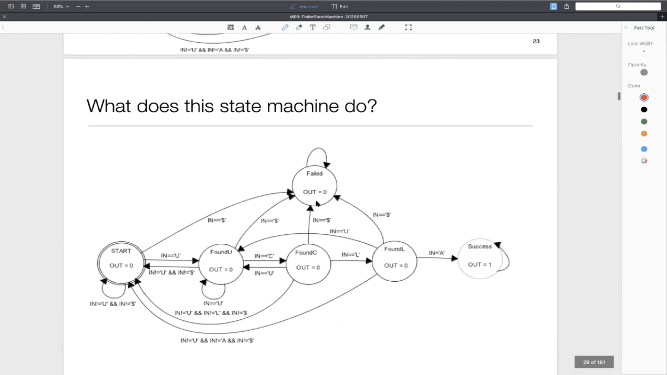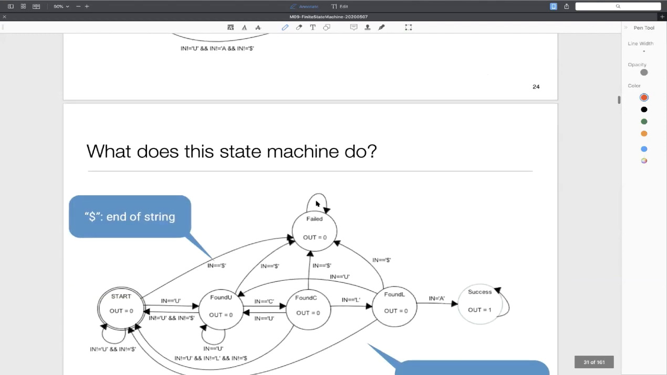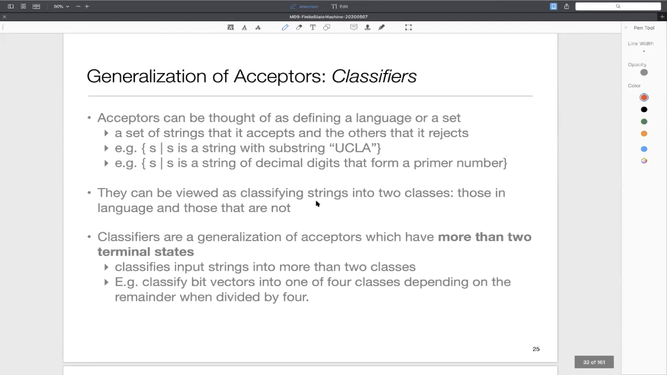Then a generalization of this is called classifiers. And the idea in classifiers is that we are not looking for a single test. So it's not like just a single set which we are interested in, the set consisting of strings with UCLA, but maybe we are looking for a few different ones. So yeah, a few different categories. So an example would be if,